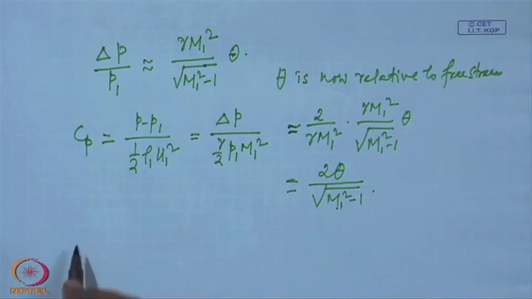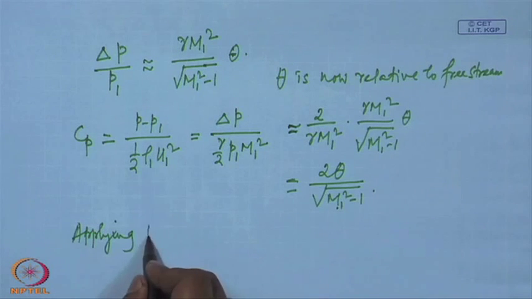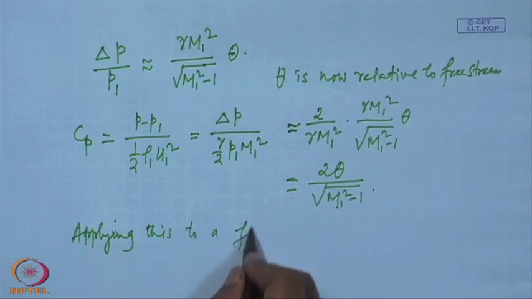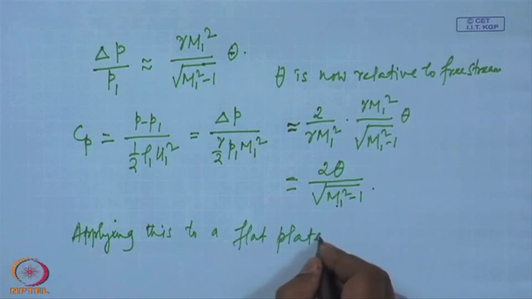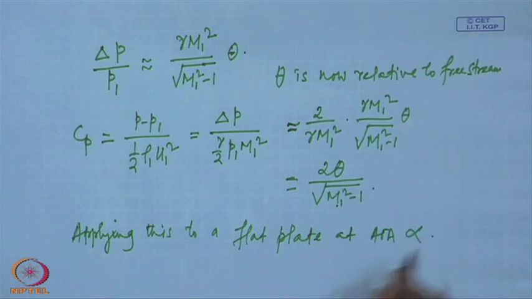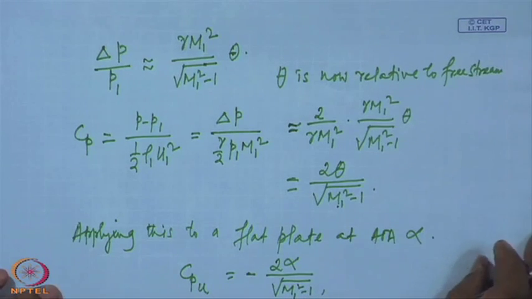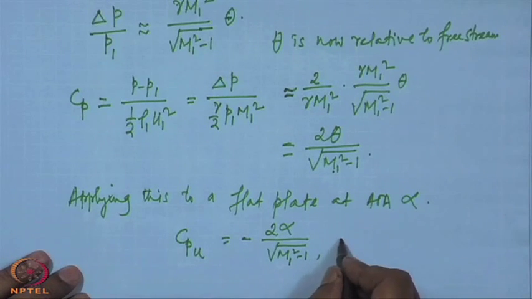Now, considering if we apply this to a flat plate at angle of attack alpha, the pressure coefficient on the upper surface is minus 2 alpha by root over M 1 square minus 1, and the pressure coefficient on the lower surface is